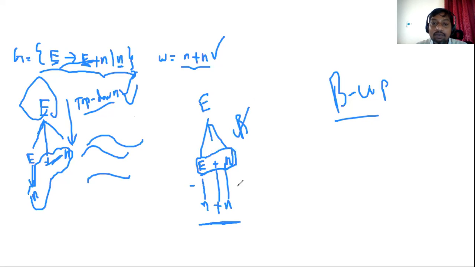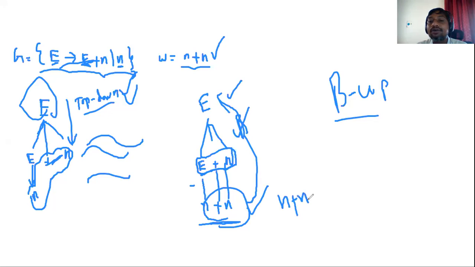Right. Now what we did here, we have taken this string and we tried to reduce it to E, the starting symbol of the grammar. If you are able to do so, then we can say n plus n, the given string, is a valid string. If you are able to reduce the given string into its starting symbol by one or more reductions, then it is said to be bottom-up parsing, and the string is said to be a valid string.